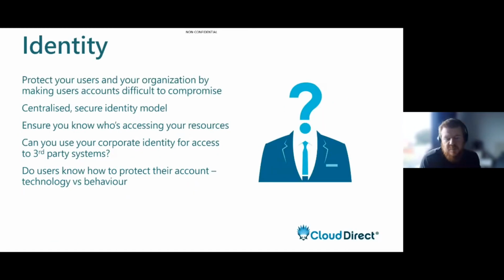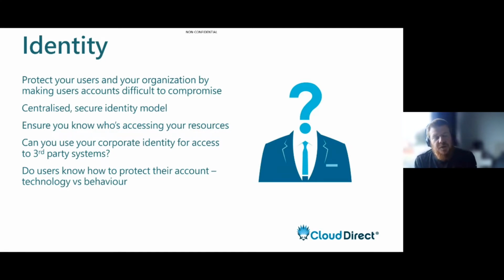So we've got a few key pillars that we can look at in terms of, firstly, how we enable people to work remotely, and secondly, how we keep that secure. So the first one of these pillars is identity. Now, when we're talking about identity, what we're talking about is how people access our systems, how we can know that the people that are accessing our systems are who they say they are. So what we're trying to do with this is we're trying to protect the users, but we're also trying to protect the organization and our data.